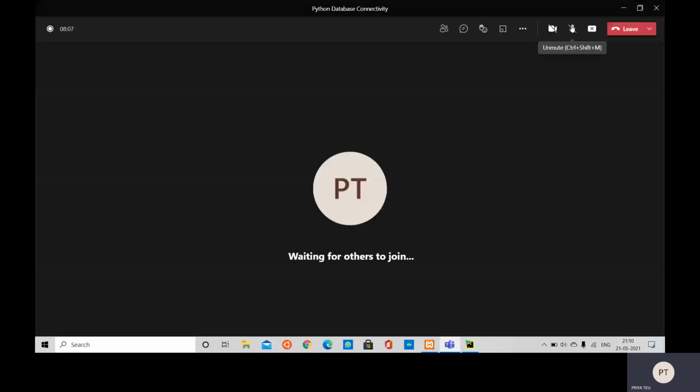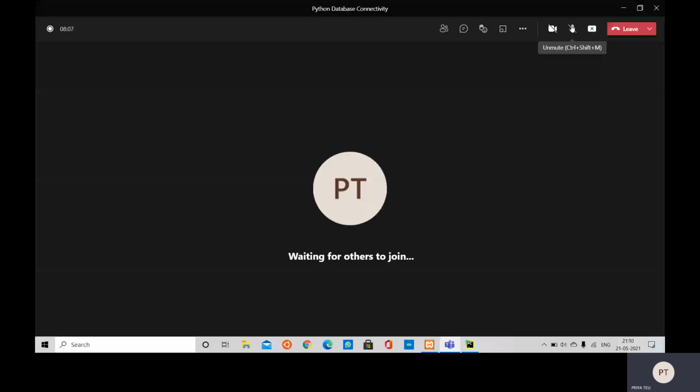We will require two packages. One is MySQL Connector and the other is connector DB. So first type "connector" here. Here comes MySQL Connector, so click on this and then go for Install Package. After installing that, do the same for DB, click on it and install this package. After that, you are all set.